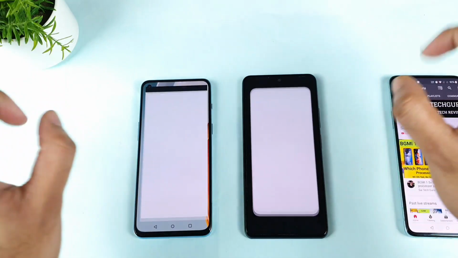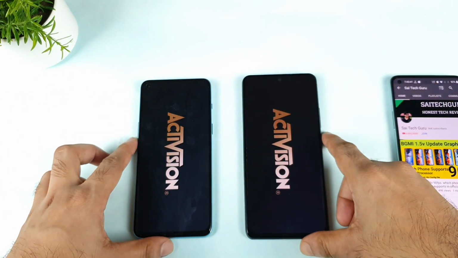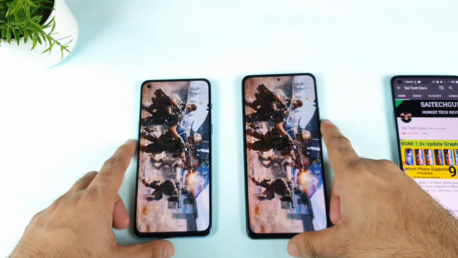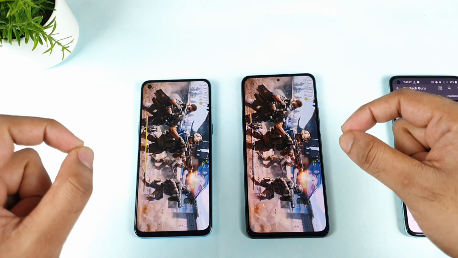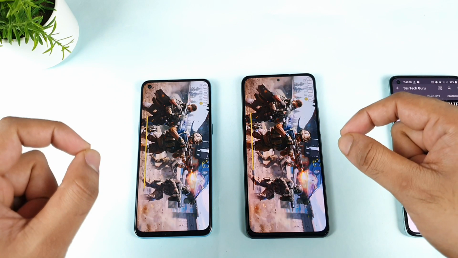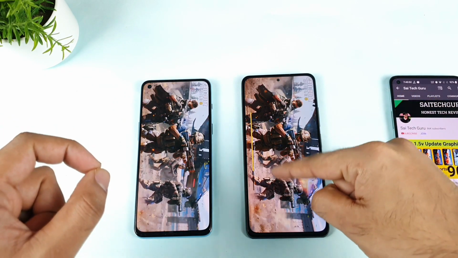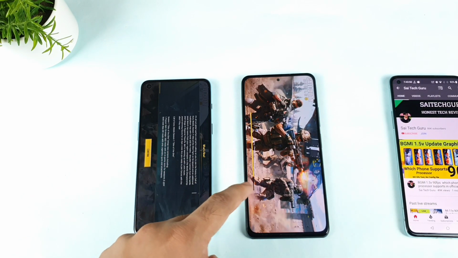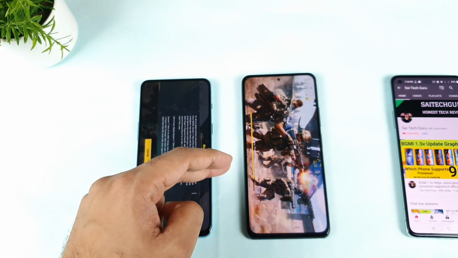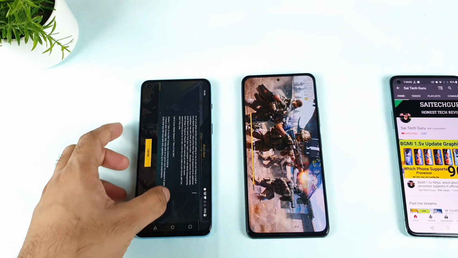And next is Call of Duty. Let's see the Call of Duty game. I just want to see that confirm page, which phone will be able to open it first. Right now both phones are loading, and I think the MI11X device needs to download. First the OnePlus Nord 2 did open. I think the MI11X is downloading at this moment. So I'll be back once the game downloads, and I'll try to do the test again.